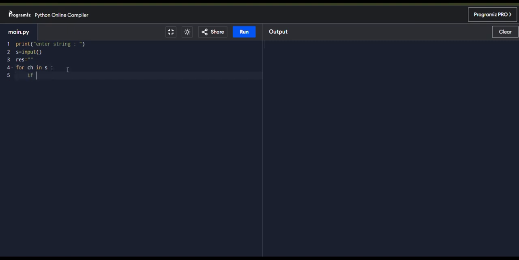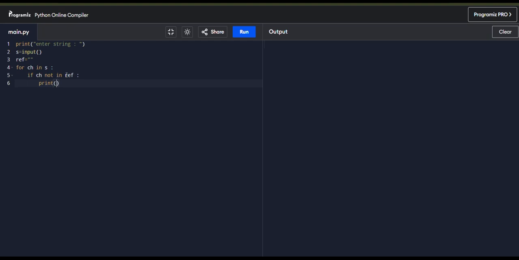If character not in, let us take instead of result, reference, short form ref, not in ref, then